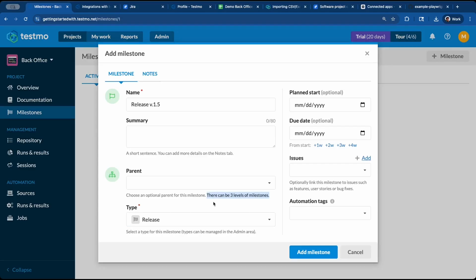So let's say you've got a major release, but then you've got the dev phase, testing phase, the final release checks phase or something like that. You can have multiple sub milestones to be testing against. Let's say that the planned release date is the end of January, and you can add automation tags